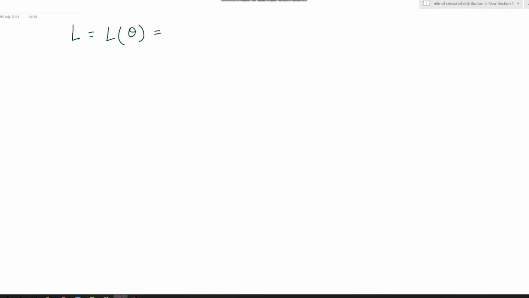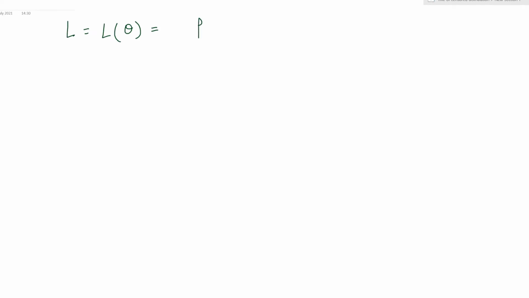Now this is equal to the product of f of xi, with i equals 1 till, what will this number be? What will the upper range be? Usually it's n, since our random sample goes from x1, x2 till xn, and we have the full information about the sample. But in this case, we only have partial information. We have the full information about x1, x2 till xm of the random sample. That means that i equals 1 till m for f of xi,